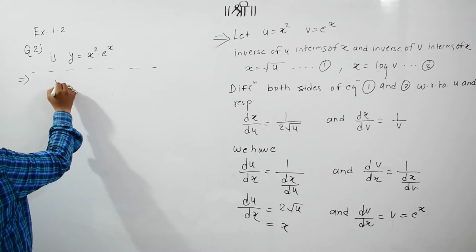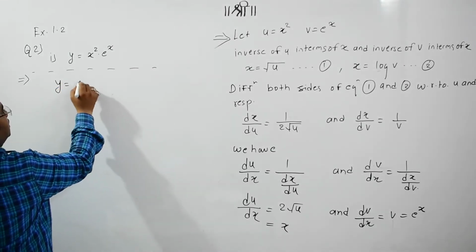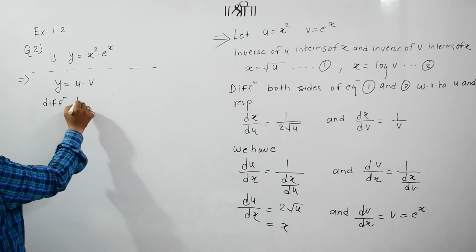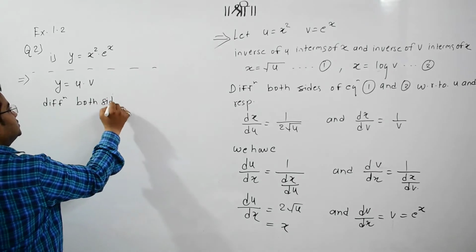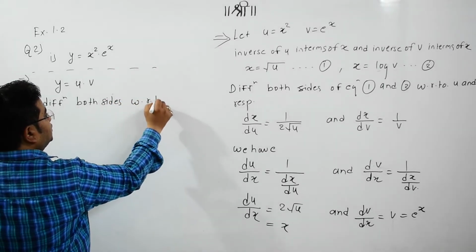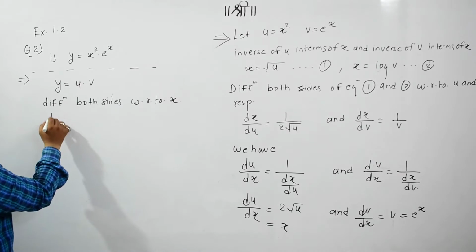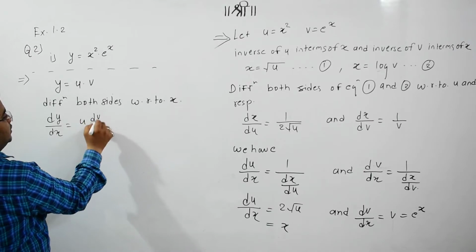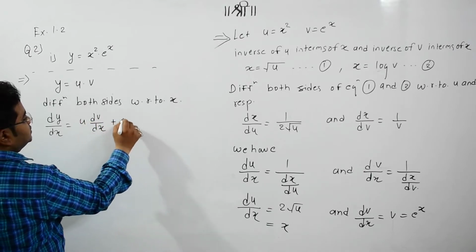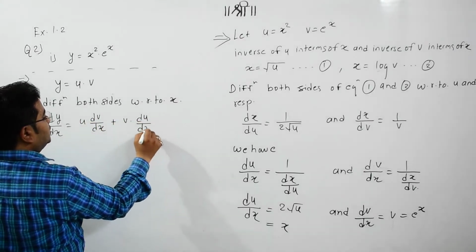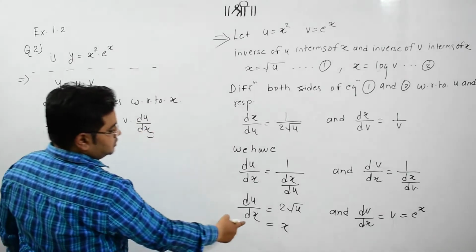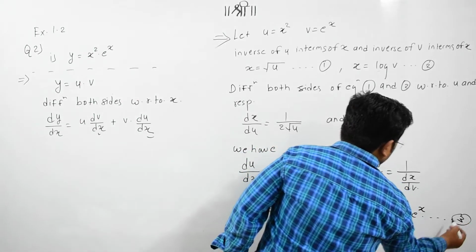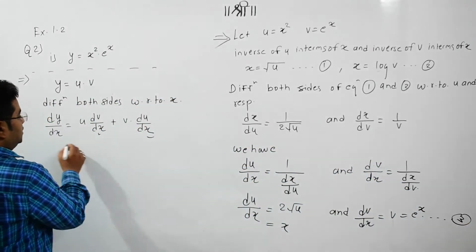Here y is equal to u dot v. Differentiating both sides with respect to x, what you will get? dy upon dx is equal to u dot dv upon dx plus v dot du upon dx. We have these values. So substituting these values from equation number 3,